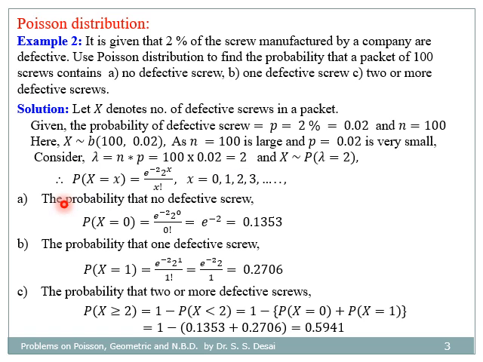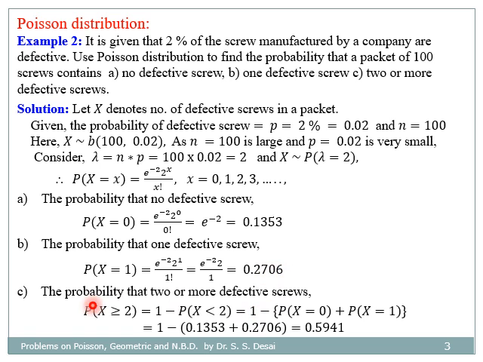For the first bit, the probability that there is no defective screw is equal to probability that X is equal to 0, and as in the previous case, the final simplification is 0.1353. Second, the probability that there is one defective screw is equal to probability that X is equal to 1, that is e raised to minus 2, 2 raised to 1 by 1 factorial, and its final simplification is